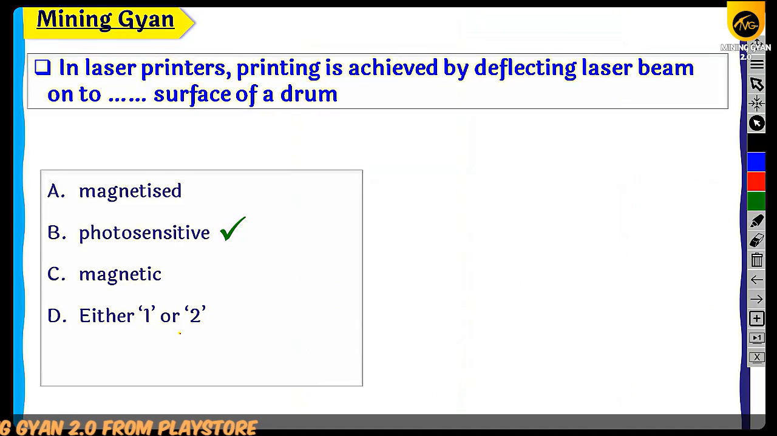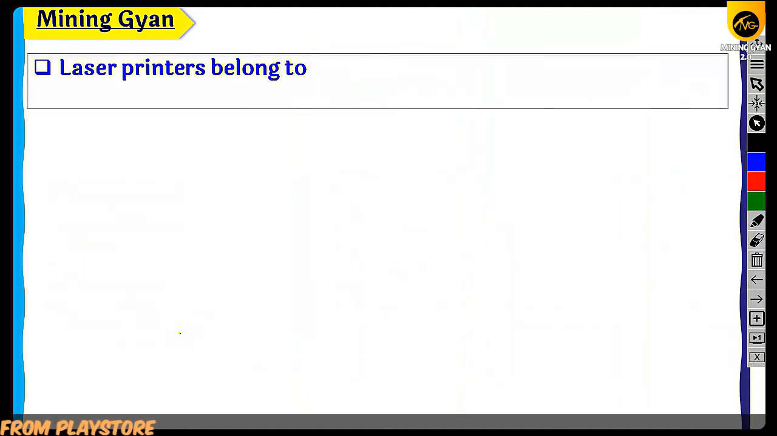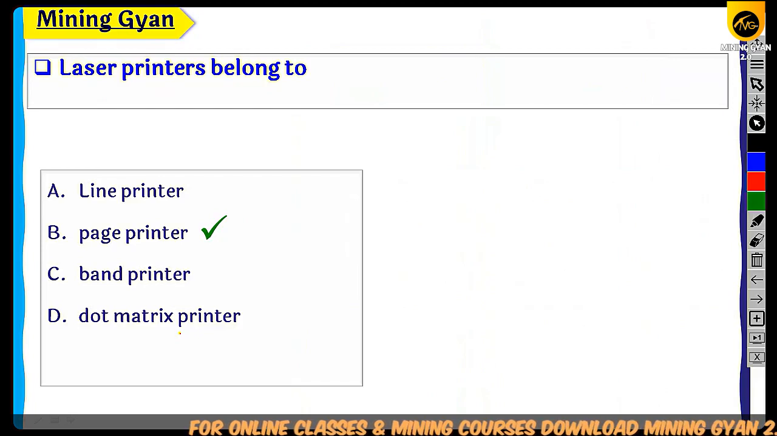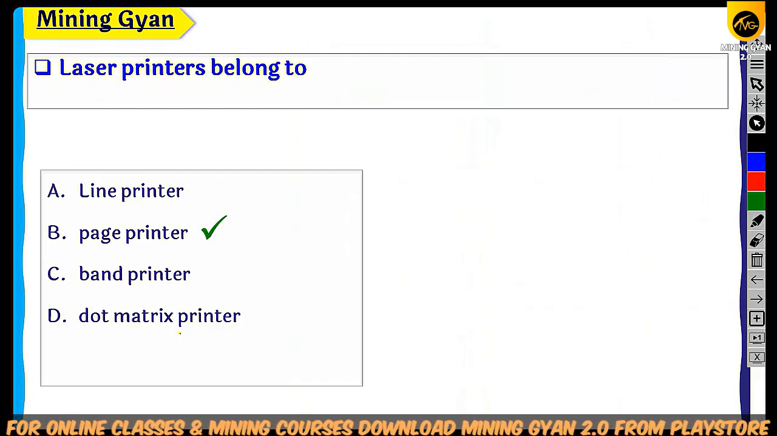Okay, option B, photosensitive. Now the next one: laser printers belong to line printer, page printer, band printer, or dot matrix printer. Basically, laser printers print one page at a time, so that's why they belong to the page printer. Okay, there are three types of printer according to speed: character printer, line printer, and page printer. So a laser printer prints one page at a time, so it belongs to the page printer